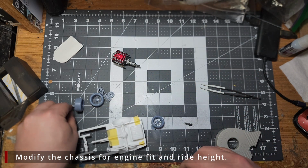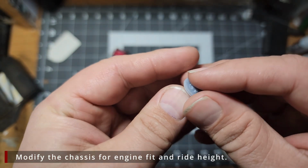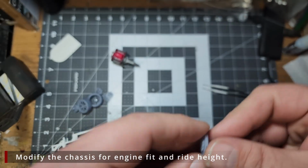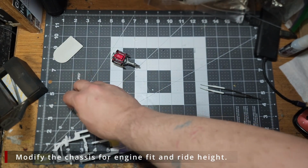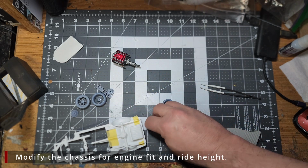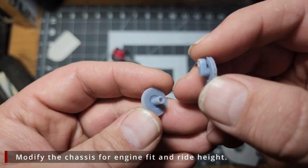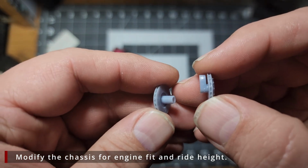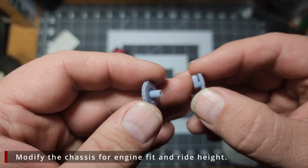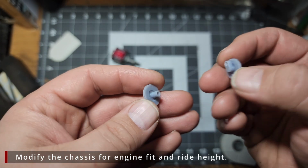Now, to my brakes, I have gone in and custom added in some spacers. I took a whole bunch of measurements to figure this out, and I've been asked repeatedly about the spacers and if I would sell the spacers, and why I haven't put the spacers up on my website and whatnot. And the reason is these are so custom. On every build that I have to end up using these on, if I'm lowering a height or I'm raising a height or I'm spacing something out, I have to figure out